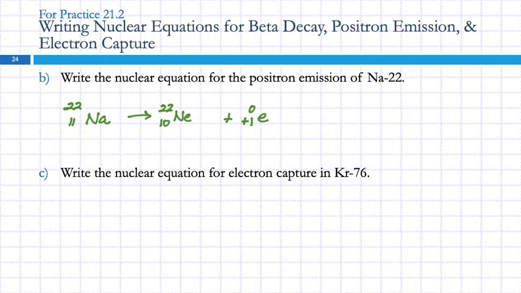Write the nuclear equation for electron capture in Kr-76. Well, Kr-76, the atomic number is 36. This is capturing an electron, so we're adding the electron. So this is going to be 76, and this is going to be 35. No. Wrong line. Okay,